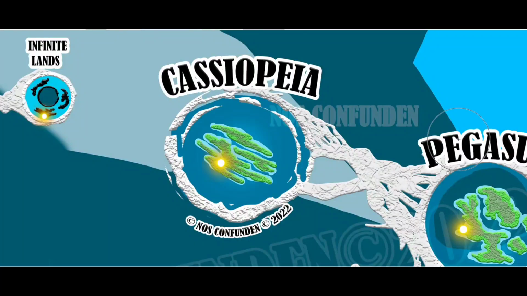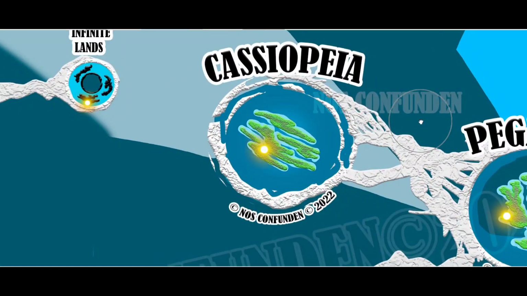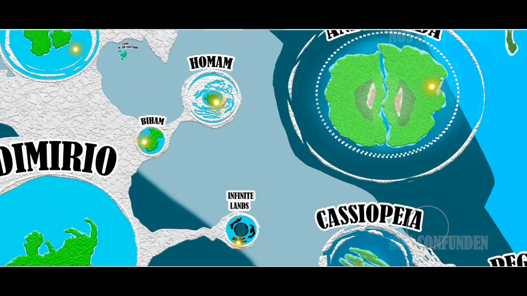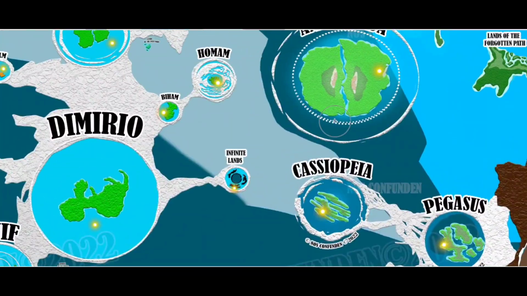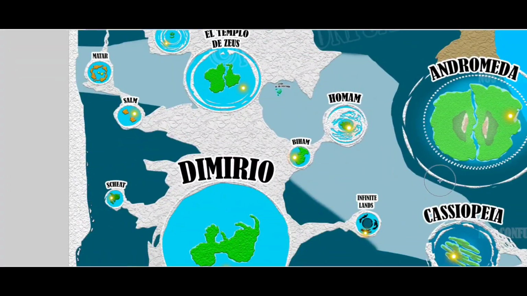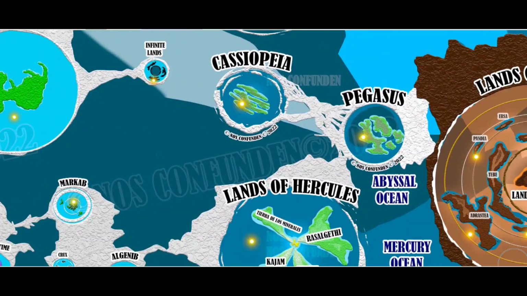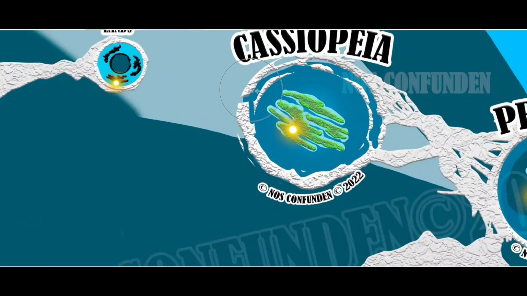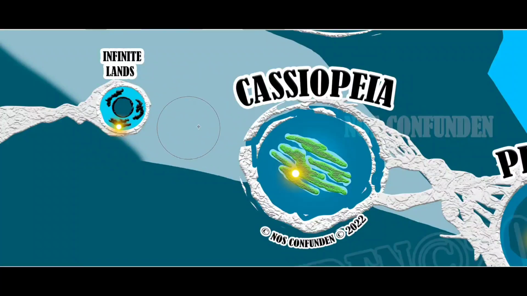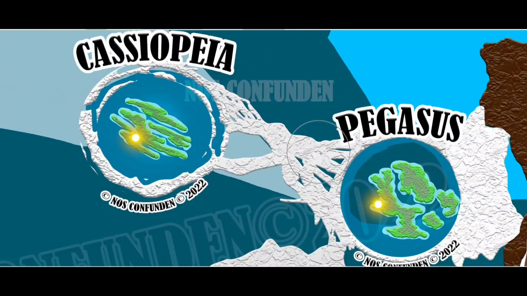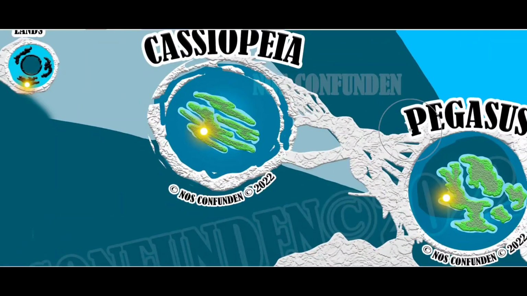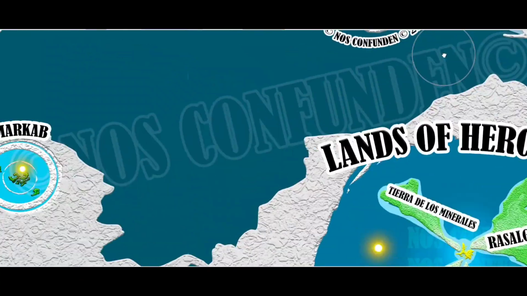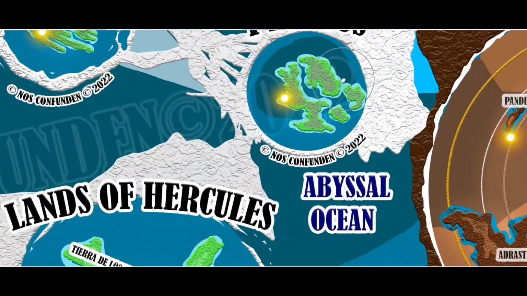Now let's get to Cassiopeia. So the description of this plane of existence is pretty peculiar. First of all, we can see that it's also very different in what it looks like. This icy mass, I would describe it as such. This is probably more close to the ice we know than this kind of thick ice that is dividing these planes of existence. But the rest seems to be the same color as the Mercury Ocean, so...